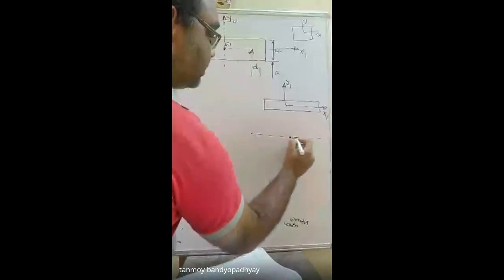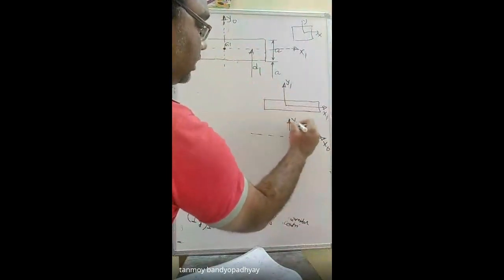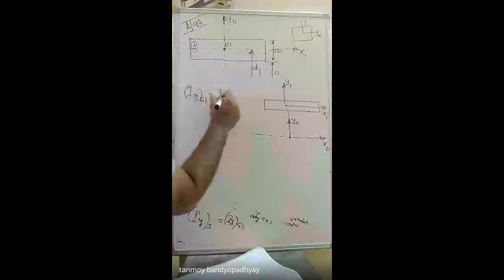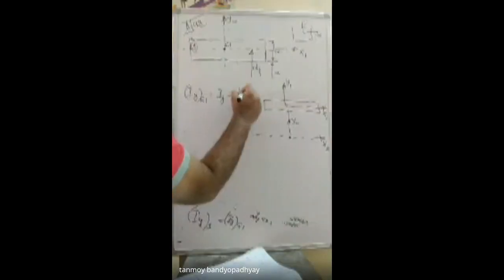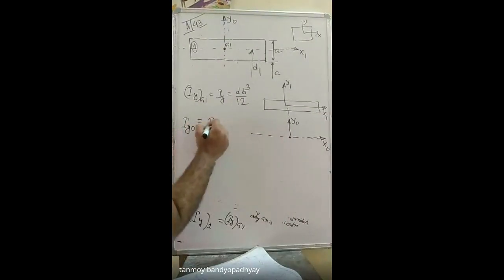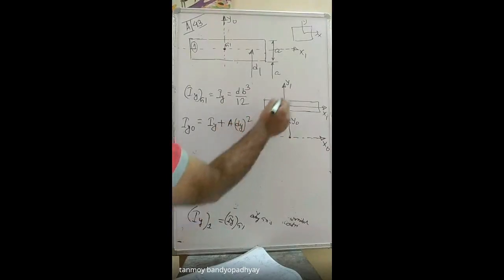So this is the actual thing, where only the final answer will be based on x0, y0. Just remember that y0 and y1 are coincident actually. It is a symmetrical figure. So when you calculate y1, what we calculated earlier, I can write it as g1, that is actually y1. That was d v cube by 12, whatever values we put. Now I am switching it to y0. So y0 will be equal to Iy plus A into dy square. dy is the distance between y1 and y0.